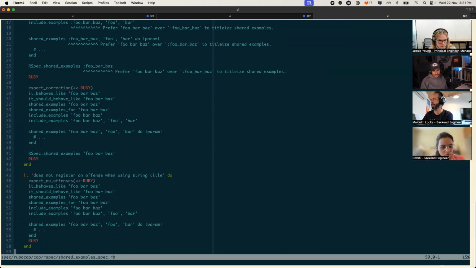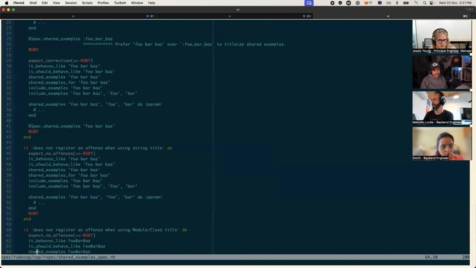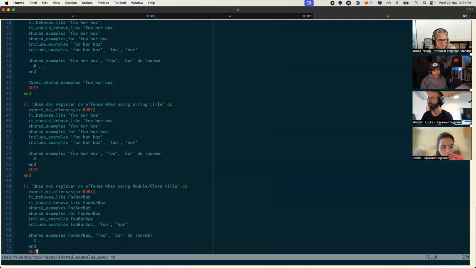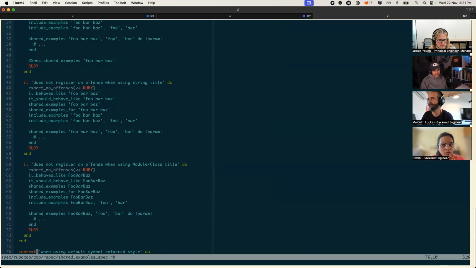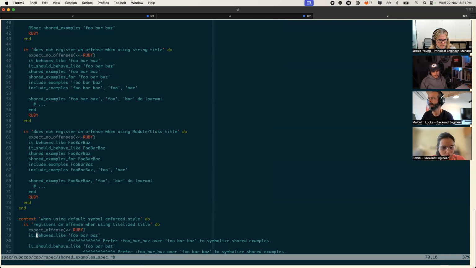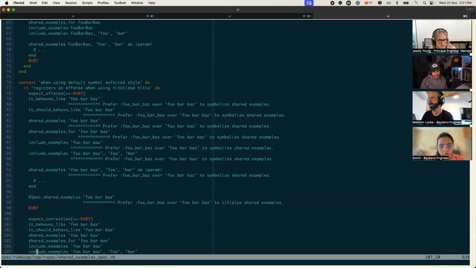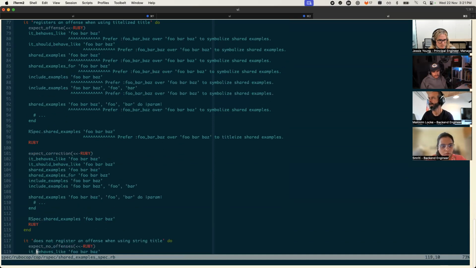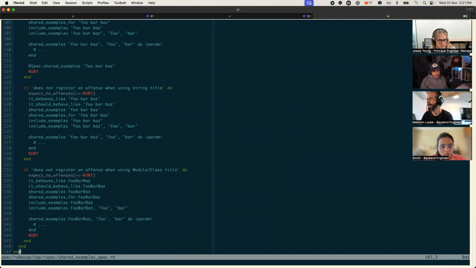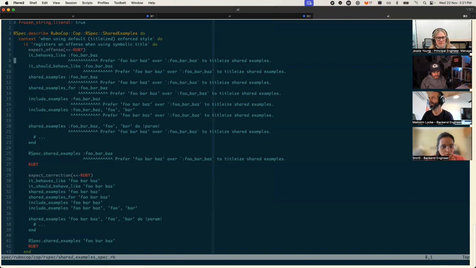That's a good point. So, does not register an offense. That's interesting. Yeah, where is the original? I understand what you're saying now, Malcolm. Before I was like, what are you talking about? So what you're saying is, is it the case that it somehow knows the input just because